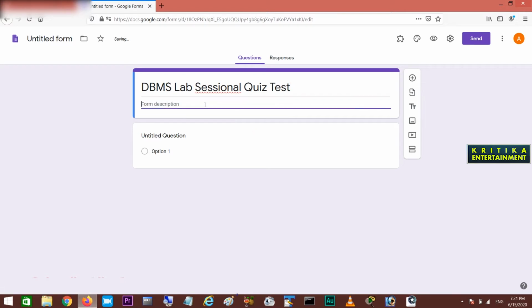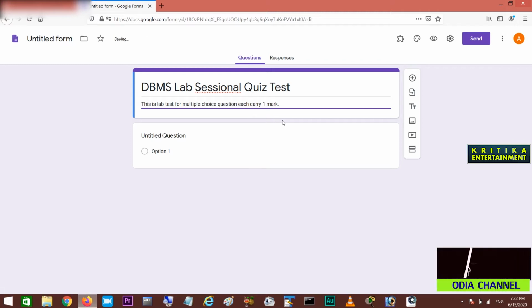For the form description, you can write anything. Suppose I write: this is a lab test for multiple choice questions, each carrying 1 mark. Okay, so this is my description.